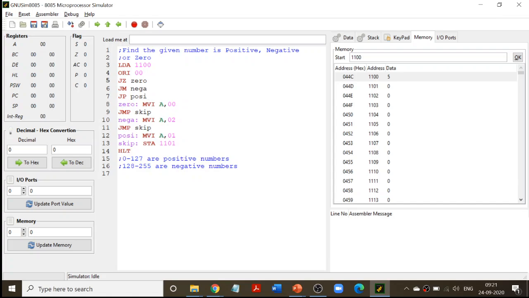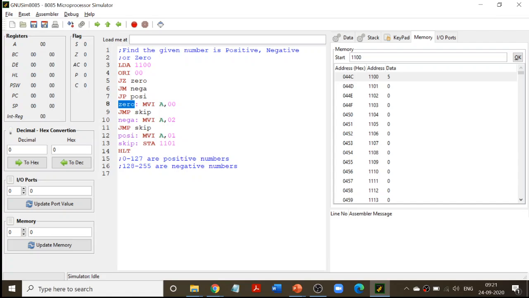ZERO here is just a label. It can be any name. You can just say jump Z also. It is going to jump to that particular label. So make sure the spelling you use here is the same. Also if it is the same case, it is going to be easy for you to understand what is happening.